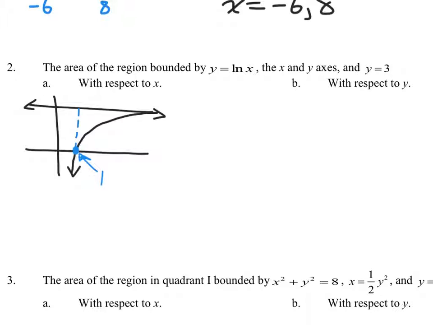Right. So here, from 0 to 1, the top function is y equals 3, but the bottom function is y equals 0. From here on, the top function is y equals 3. The bottom function is the curve. It changes over. So we have 2 different relationships at work here. All right? Yeah, sure. So depending on how you reason this out, you could kind of paint yourself into a corner. Right? So I'll show you